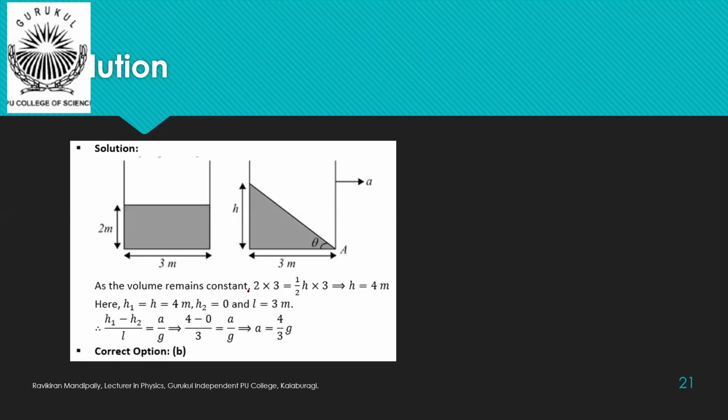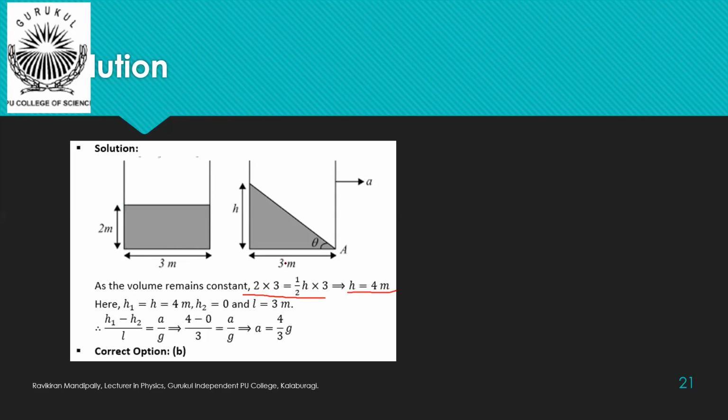See here, apart from the method we discussed earlier, you can also consider this method. Since the volume of the liquid is going to be constant even though the liquid is in acceleration, here the cross-sectional area, because the third dimension will be the same. Here you can just take this cross-section, which appears to be a rectangle from one side view, and it appears to be a triangle. So these areas should be equal, because the base length would be the same. That dimension is not mentioned here, only areas are mentioned. From this, the new height H equal to 4 meter can also be obtained.